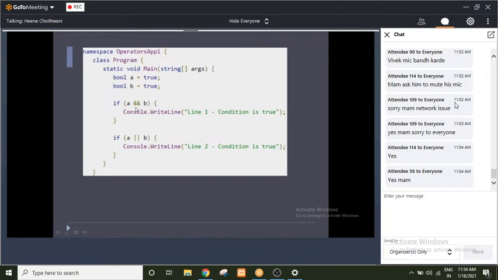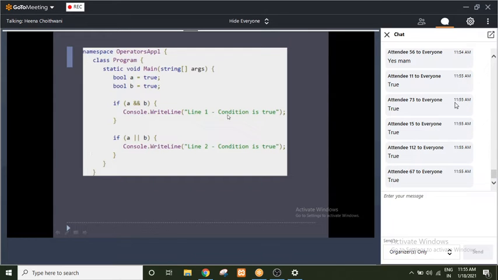A is true, B is true. True and true will become true. So this if statement is true, we'll be moving in this block and we'll be printing